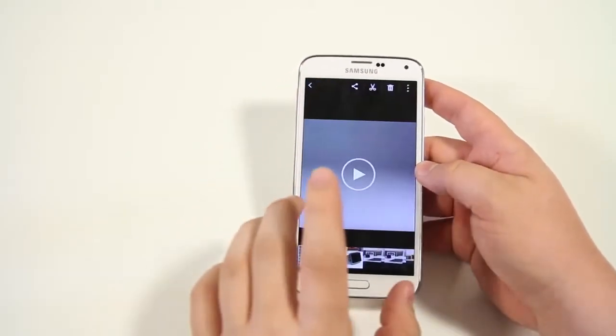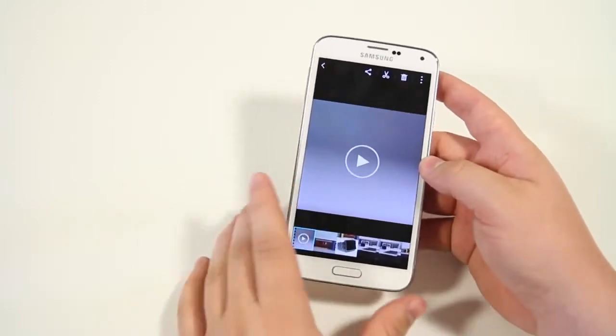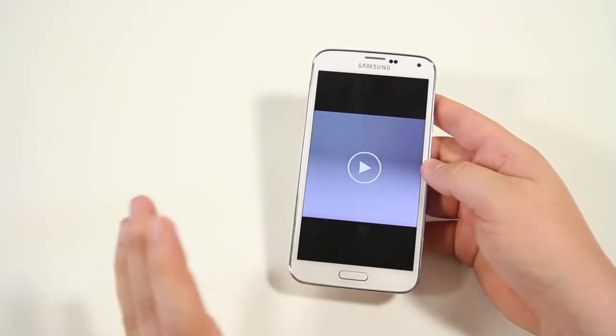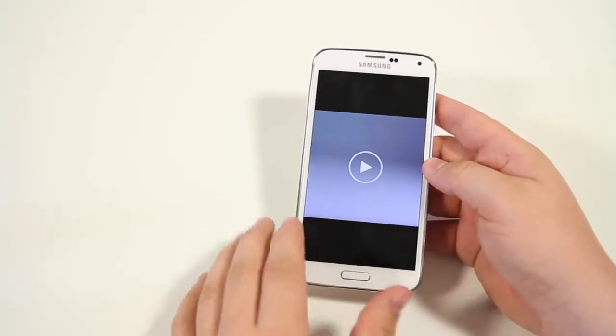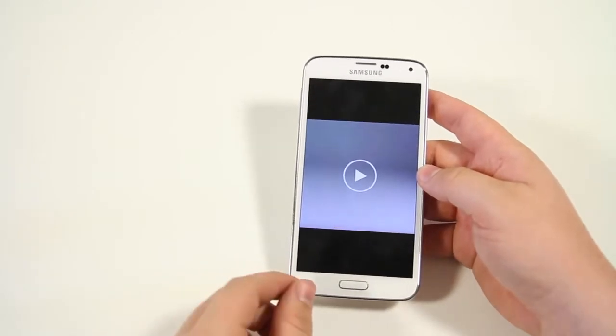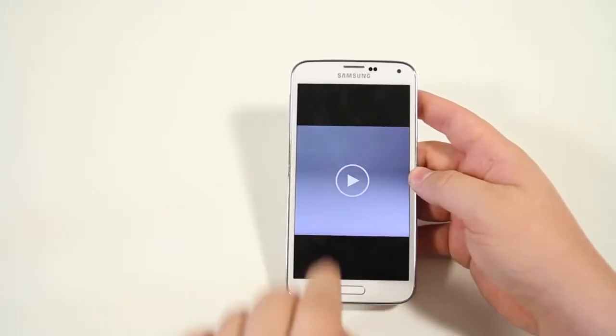Basically, I'll give you a quick scenario. If you're watching a movie and you want to scroll to a specific time in the movie, it's very easy to jump ahead way too quickly. So if the movie's 2 hours long and you're trying to go second by second, it doesn't always work. So if you hit play,